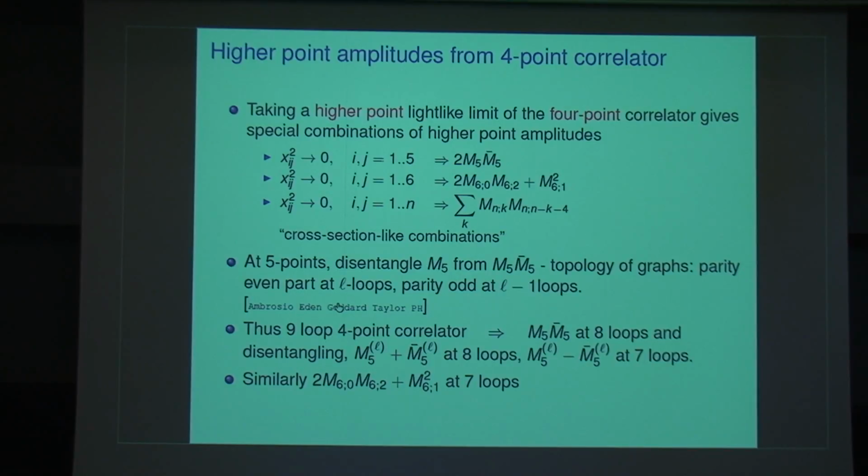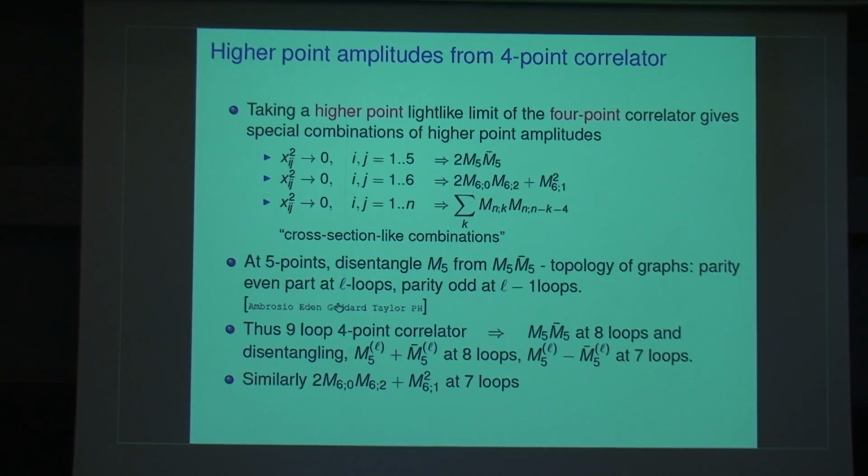And we can just read that off. We have the correlation function. You can just take this light limit and read off these quantities. At 5 points, you can actually do more. You can disentangle the 5-point amplitude from this quantity, and that's because the topologies cleanly separate out, much as we